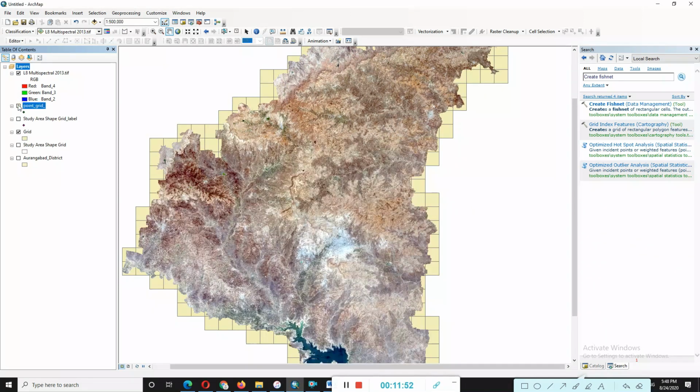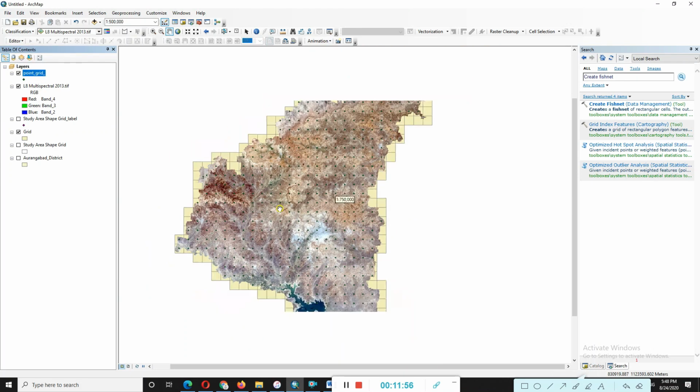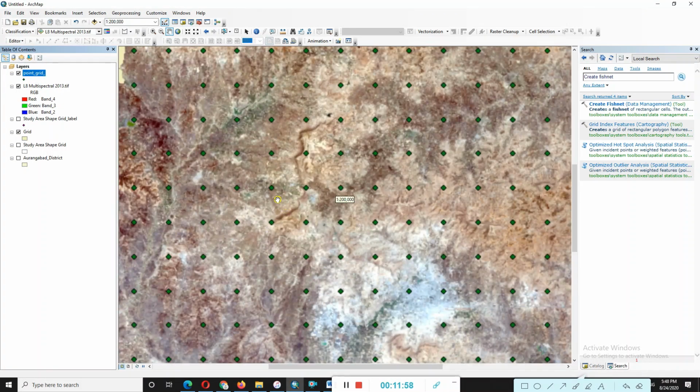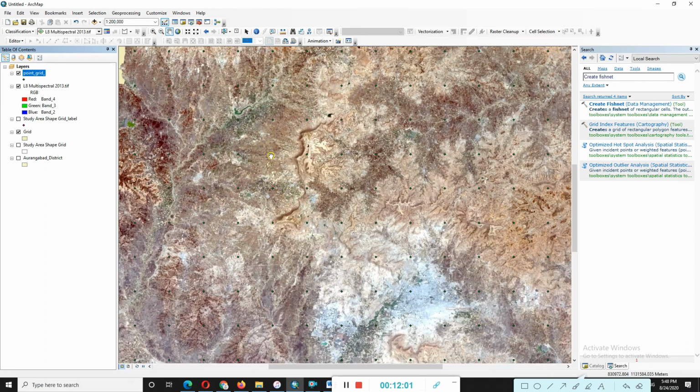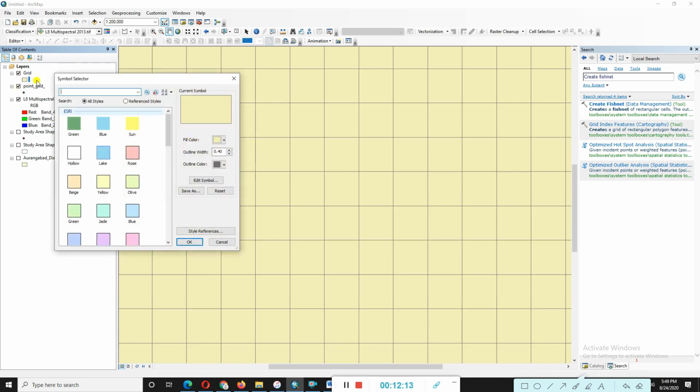Go, these grid points I drag on the top. You can look here, this data is showing you the point number of locations. Then second option, grid, I drag on the top, but here we need to remove the background color. Just click on that yellow color, fill color is no color.